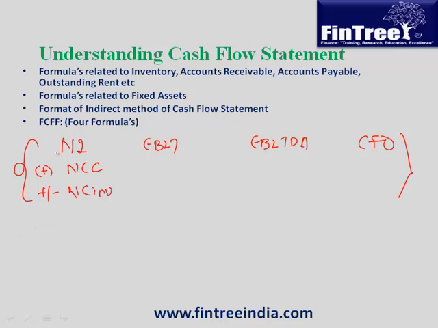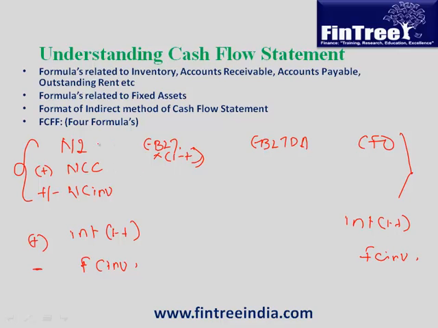First, since you've reduced interest here, you would want to add back interest, but that has to be net of tax. And second, you would want to reduce the investment made into fixed capital. So the same 2 adjustments here: interest times 1 minus T and investment made into fixed capital. If you're starting with EBIT, you can say EBIT into 1 minus T, and EBIT into 1 minus T is similar to